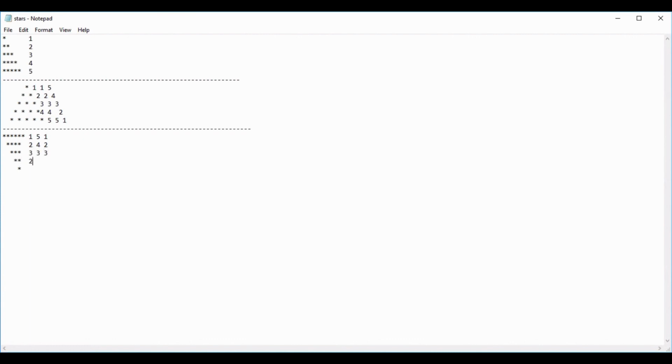Here we have 2, 2, 4. So you need to write a for loop that solves this. Find the relation between the stars, the lines, and the spaces. Here we have 1, 5, 5 spaces. So these numbers represent the number of stars, the number of lines, and the number of spaces. So think about this. It is for you, not for me. It is just to help you to understand